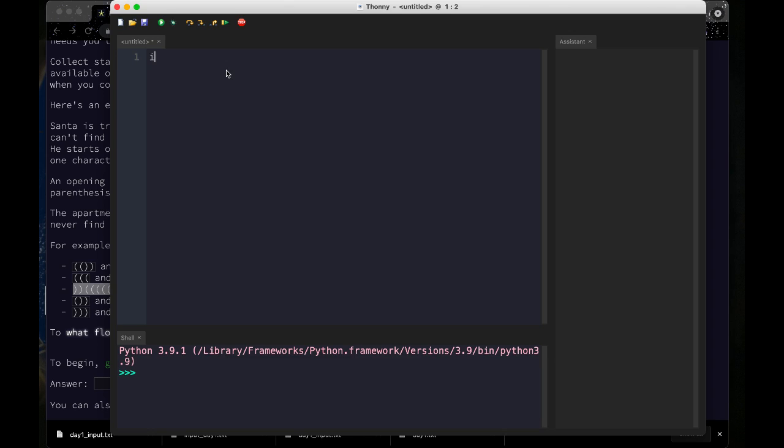So the first thing I'm going to do in my program is create an empty list called instructions, because these are Santa's instructions. And remember, in Python, to create an empty list, we just use the open and close square brackets. Now I need to deal with my file. There are a number of ways you can load files into a Python program. This is the way I like to do it. Basically, I open the file and then read the file one line at a time. So I'm going to say with, and then I'm going to use Python's open function and give it the name of our data, which is